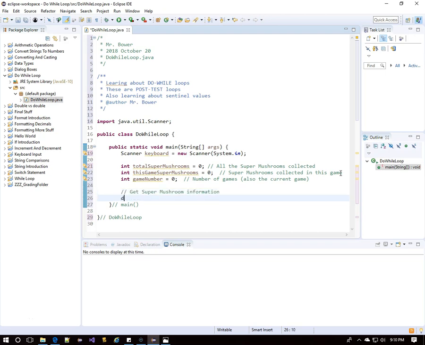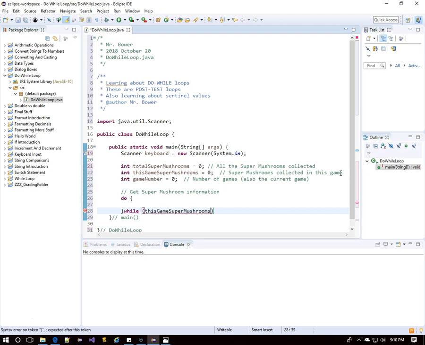All right, let's get the super mushroom information from our users. And I'll start with do at the top, and after the braces, I'll put while. The parentheses after while will hold the expression that will determine if this loop is going to continue to run. As long as it's true, the loop will run. We're going to say that as long as this game super mushrooms does not equal -1, we want this loop